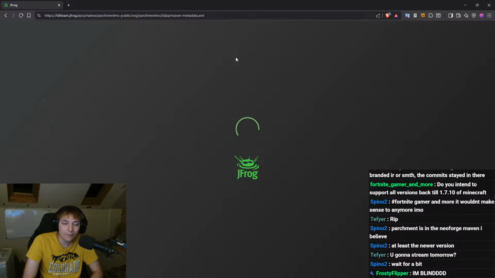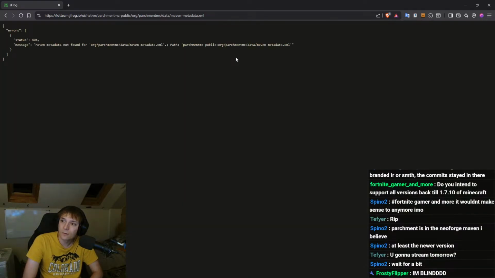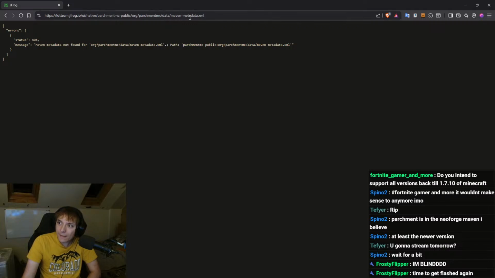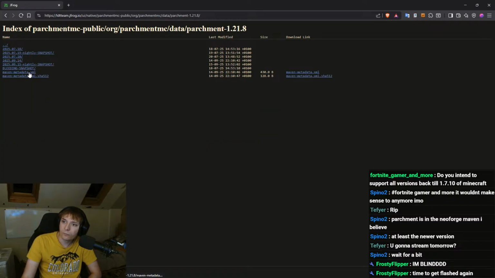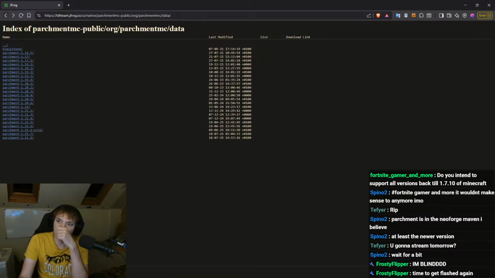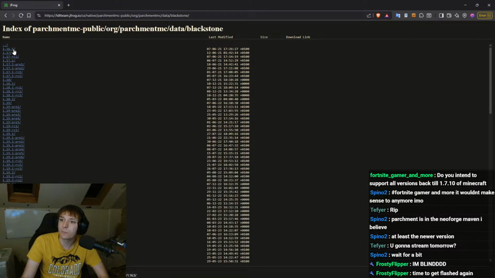It's not even going to be like 50 lines long. Okay, so it just doesn't have a Maven metadata? Really? I mean, this does. But that means this stupid website means you have to download the Maven metadata.